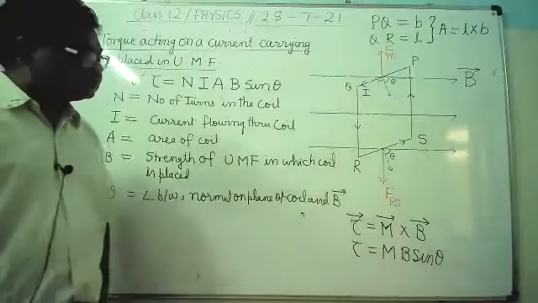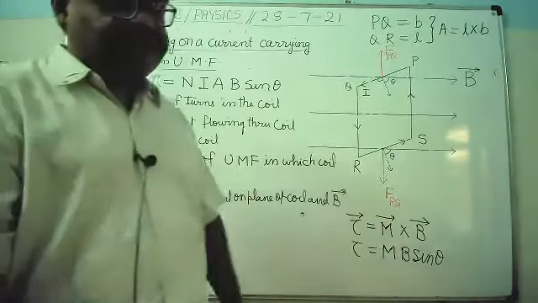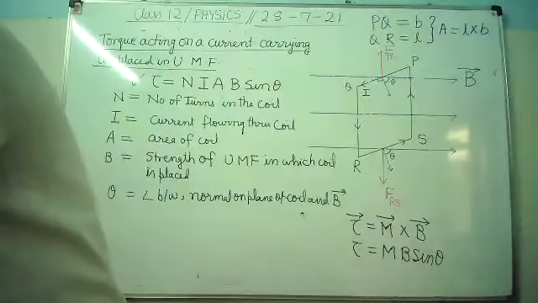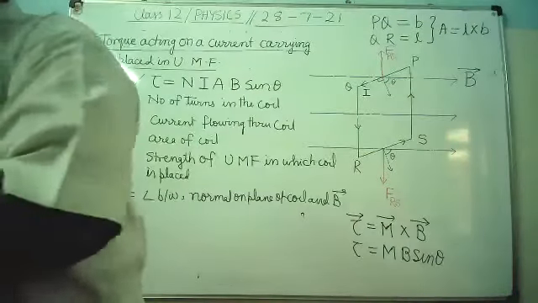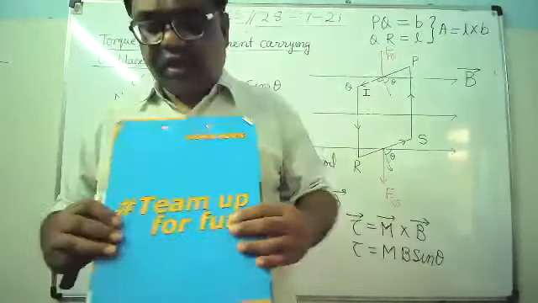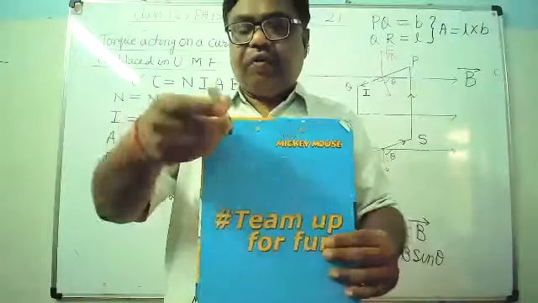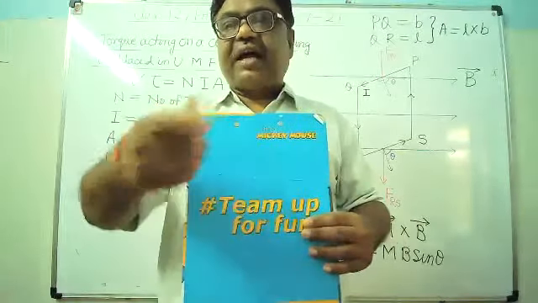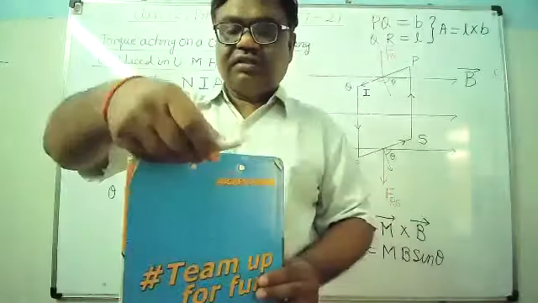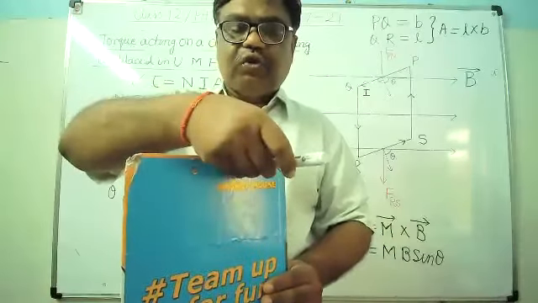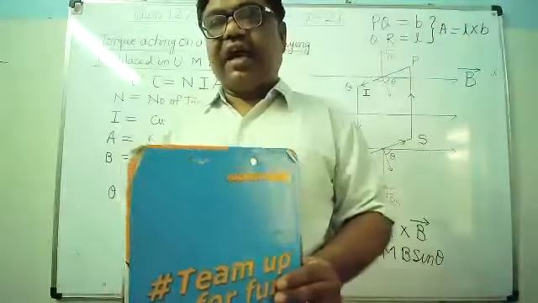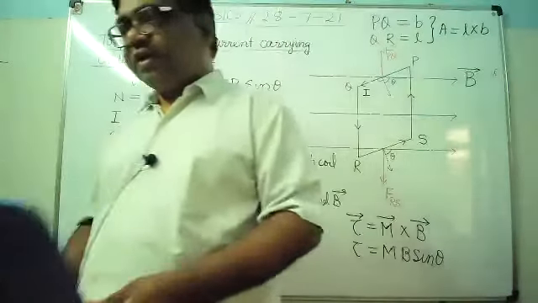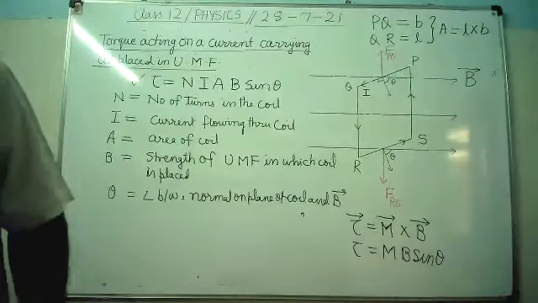Now see here, and since this is a plane coil, one more thing you can see here. Since this is a plane coil, therefore you draw the normal anywhere, whether you draw normal here or here, it will be directed in the same direction. Since this is a plane coil, therefore you draw the normal in any direction at any point of the plane. It will be in the same direction. So see here,